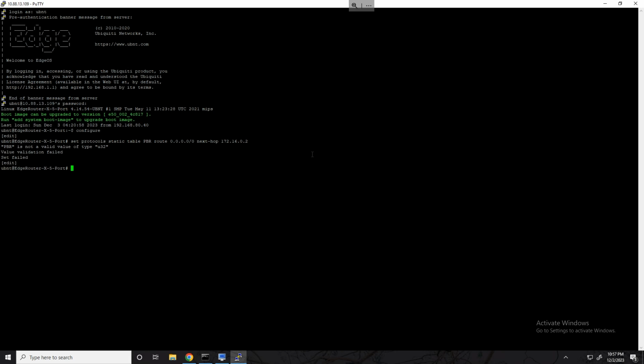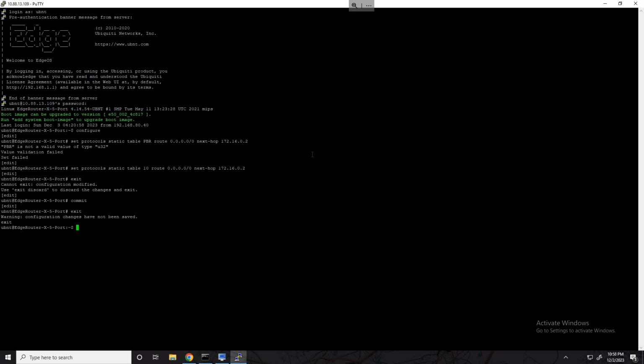So back to our command line here, next hop 172.16.0.2, and hit enter. And I guess we can't use names for our table names. It's probably why they used numbers in the actual guide we're following. So we're just going to call this table 10. Why not? So table 10 route, our default route of 172.16.0.2. Now let's go ahead and commit this change, and then we can verify it if we exit out of